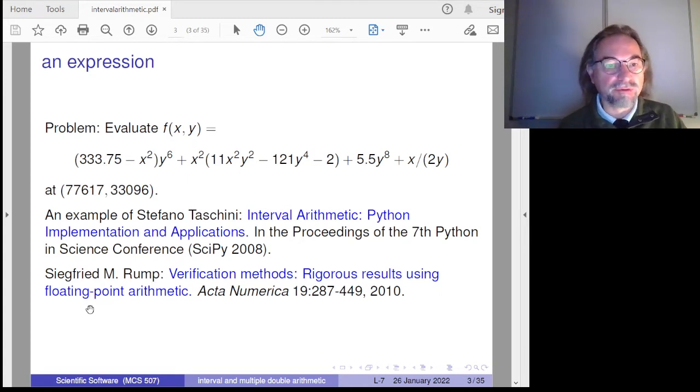So I took this expression from proceedings of the Scientific Python Conference, which is a motivating example for interval arithmetic. Then there is a survey paper published in Acta Numerica. So Acta Numerica publishes survey papers on numerical techniques, and here